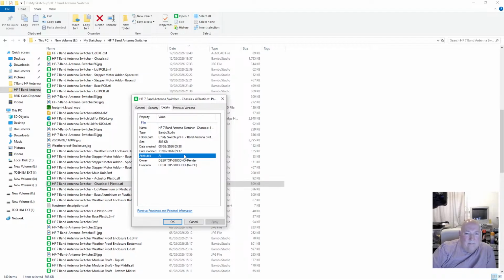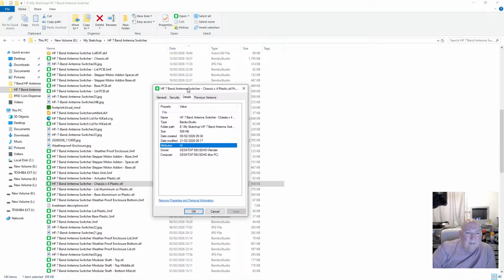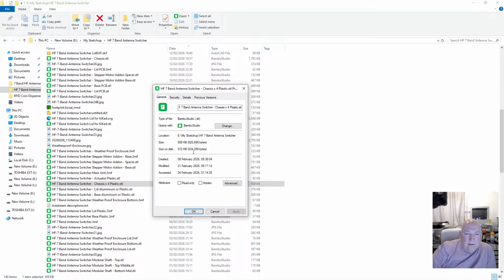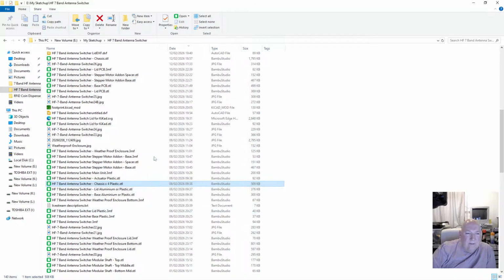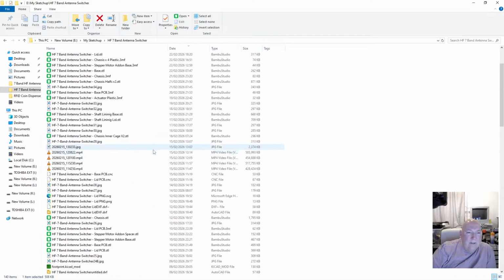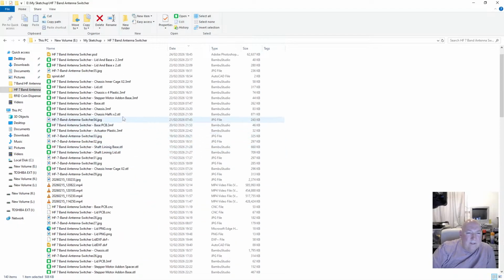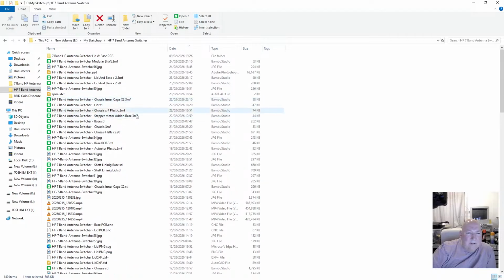Right. So I can't tell if it's the right one without printing one out. 21st of the 9th. Oh, 21st of February. Modified. Right, where was that other one? Where's he gone?